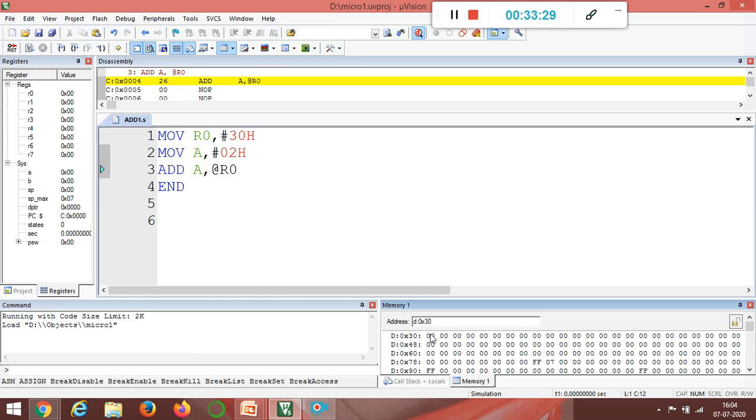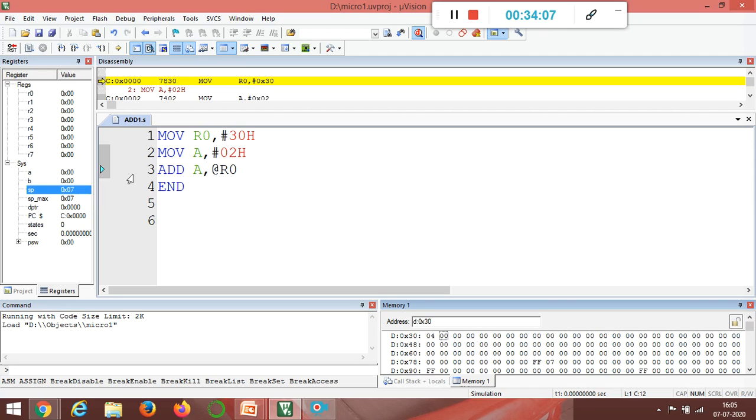Okay. So here it is address, this is the address for 30, this is 31, 32, 33, 34, 35, 36, 37, 38, 39. After 39 it's a hex value, so it is 3A, okay, not 40. 3A, 3B, 3C, 3D, so on it will continue. So here only one data I want to store in 30. So click here, double click, then store the value, say 04. Then press the second address. So now 04 is stored in 30.